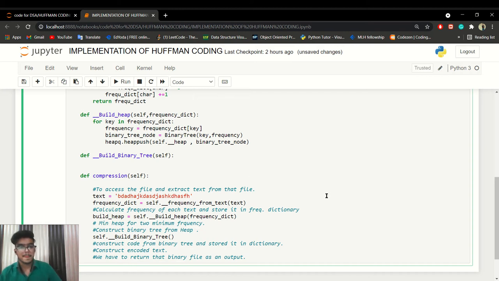Okay, now how can we do that? First of all, from heap we have to pop two nodes actually. So let's pop the two nodes first.